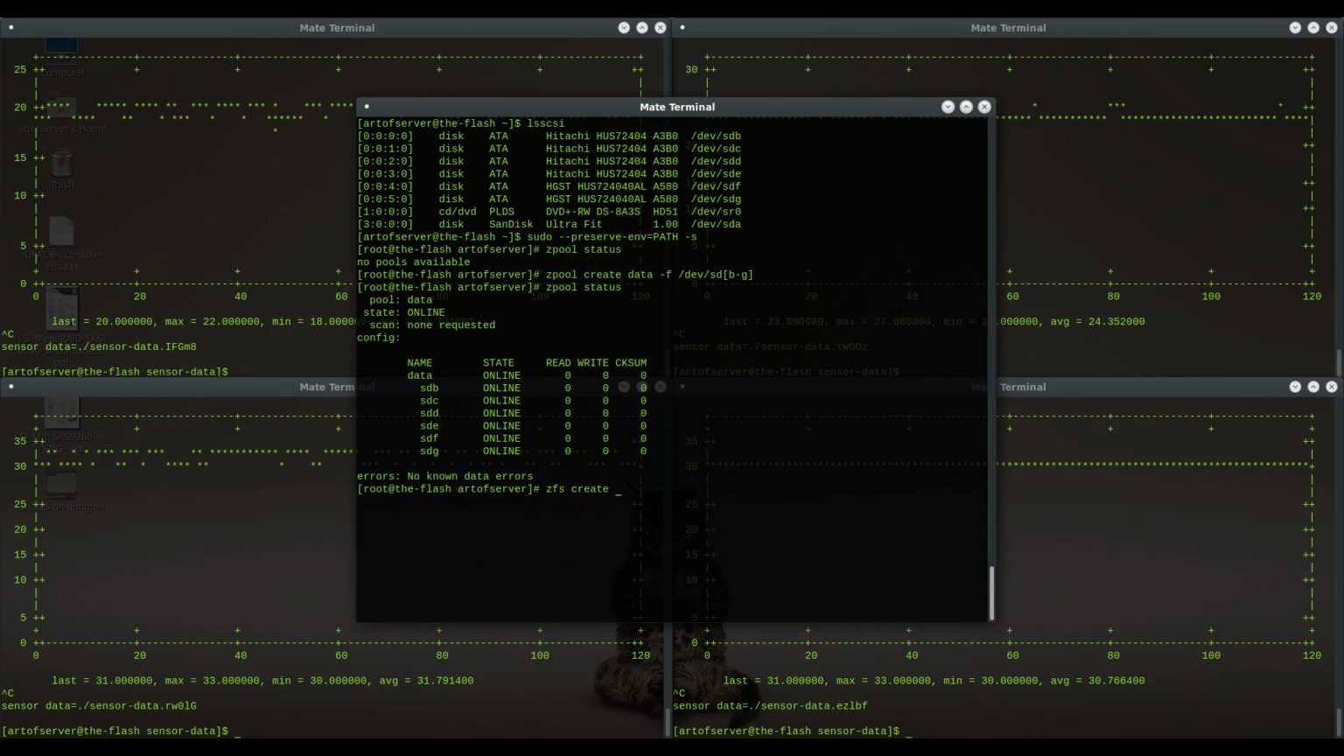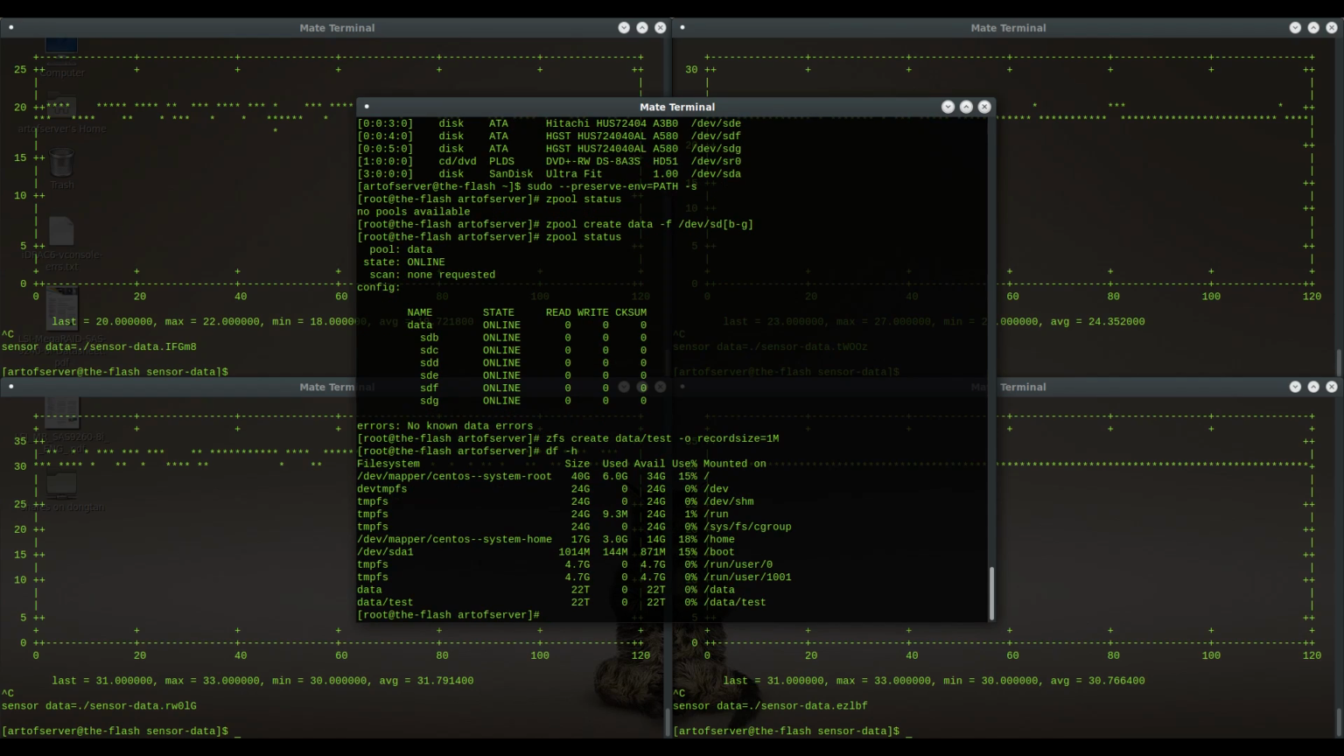So let's create a data set. So we will create data, test, and let's make the record size here 1 meg. And that's because we're going to try to write as much data as we can to these drives as fast as we can. Alright, so we have 22 terabytes of available space,